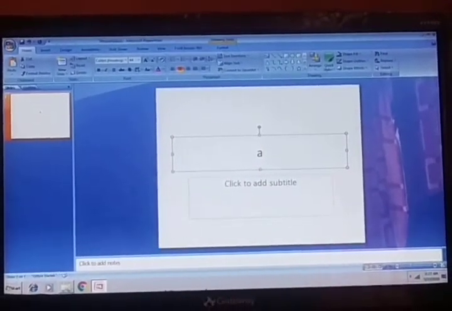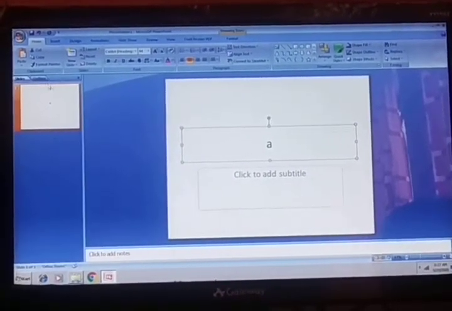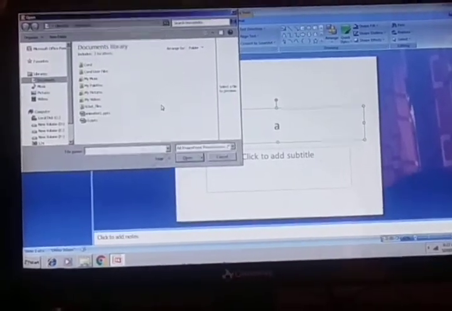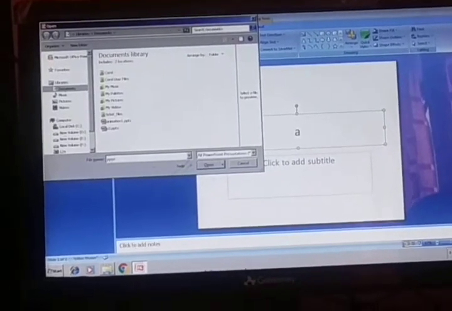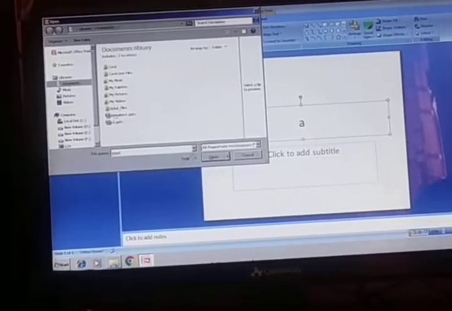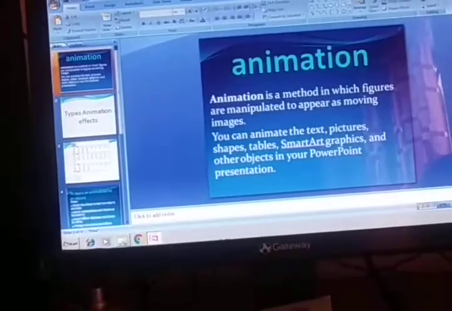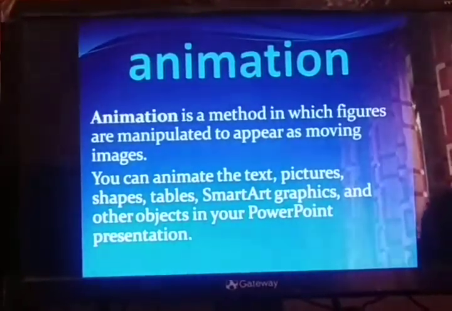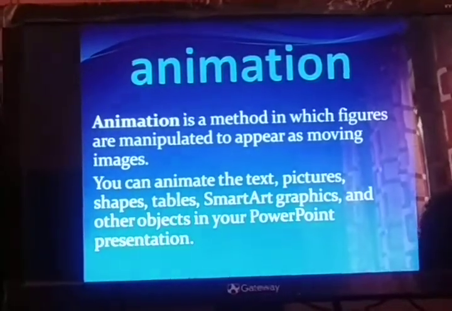Next, animation. Let's see what is animation. Animation is basically a series of images which are moving together.